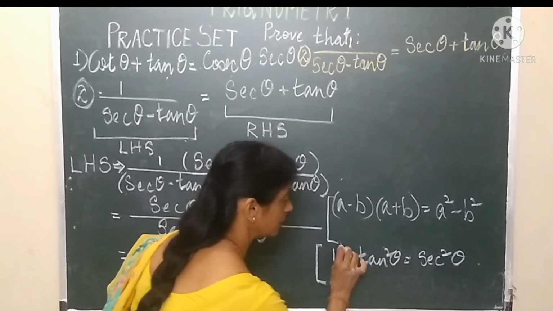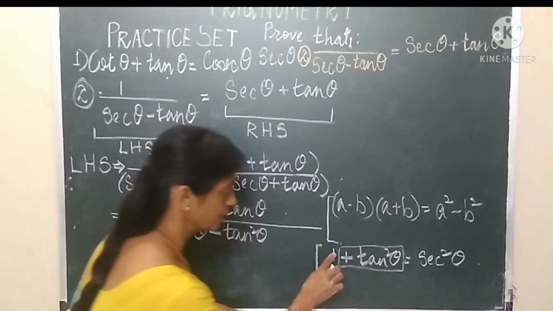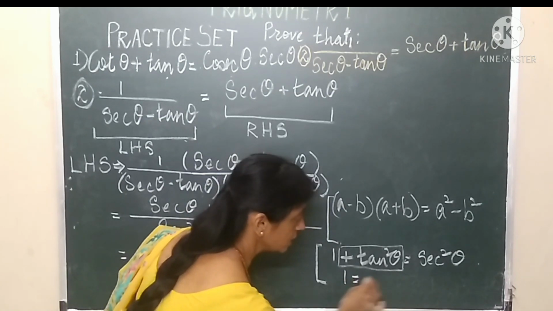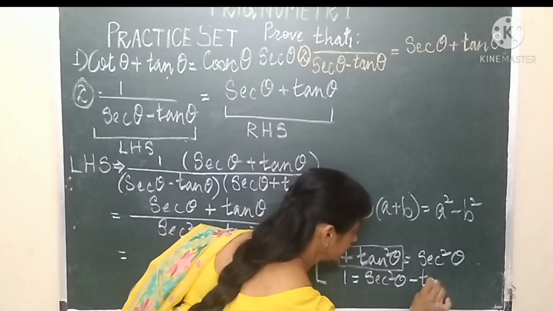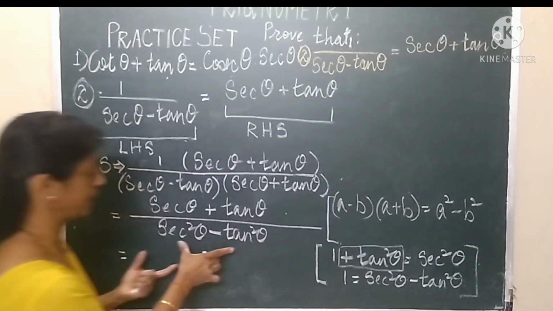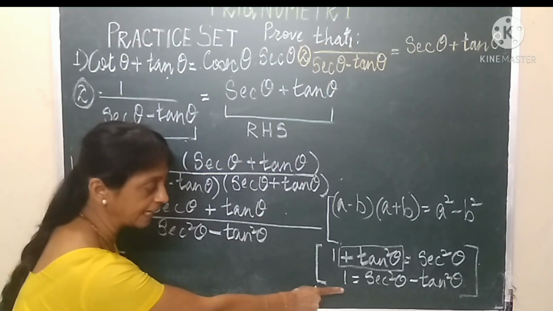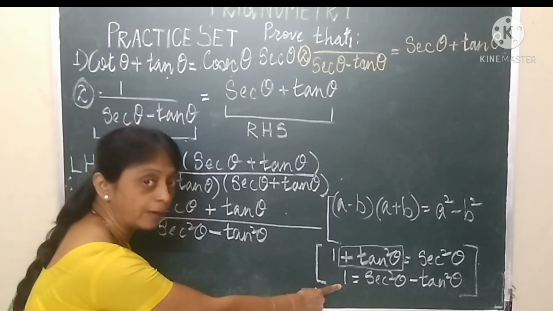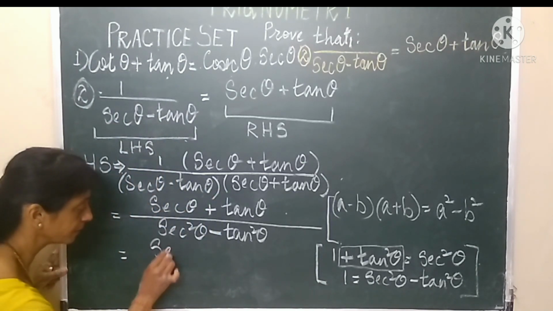So this term, let's transfer it to your right hand side. So we are left with 1, which is equal to sec squared theta minus tan squared theta. So children, sec squared theta minus tan squared theta can be replaced, using the trigonometrical identity, by writing the number 1. So numerator as it is,